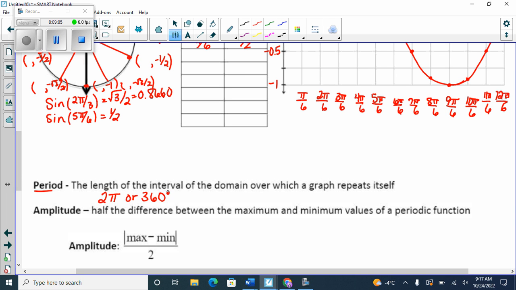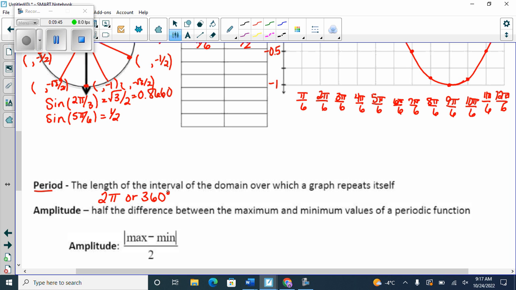Can anyone tell me, using transformations, how we could change that? What transformation would cause it from being 2 pi or 360 to something smaller, or to something larger? Yeah? A horizontal stretch. A horizontal stretch completely changes it. If you have a horizontal stretch by a factor of 2, instead of it being 360, now it's going to be 720. It's just going to take longer for that curve to happen, right? And if your horizontal stretch is a half, instead of it being 360, it's now going to be 180. It's just going to repeat faster, right? That's all it does. Horizontal stretches just affect the period because they can shrink it or make it happen longer,